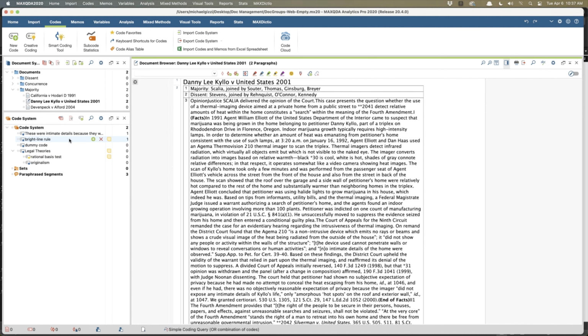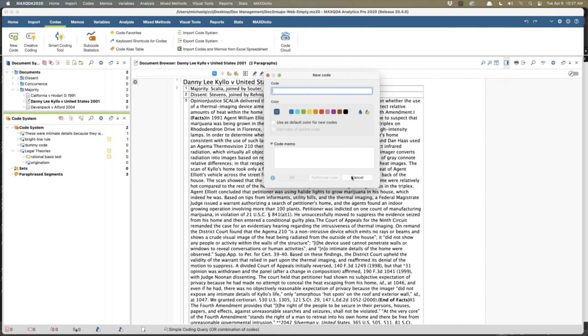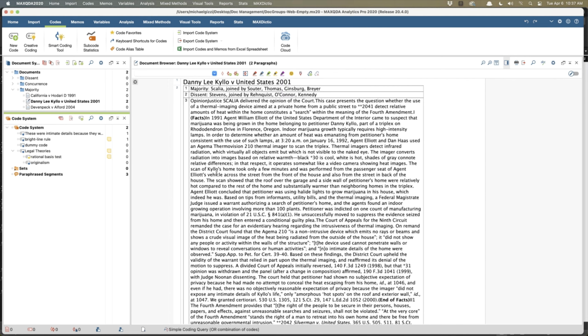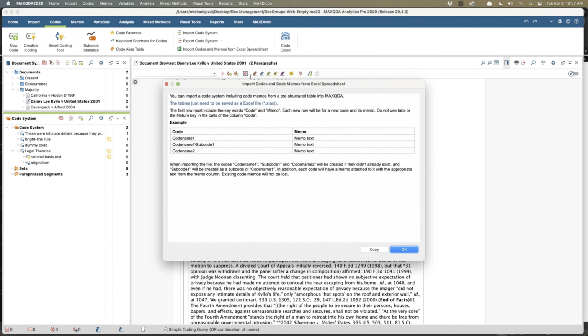So instead of having to click on this button over and over again, kind of bringing this up, if I want, I have the ability to import the codes and memos from a spreadsheet from the code menu. So when I click on that, it's actually kind of a nice improvement here.